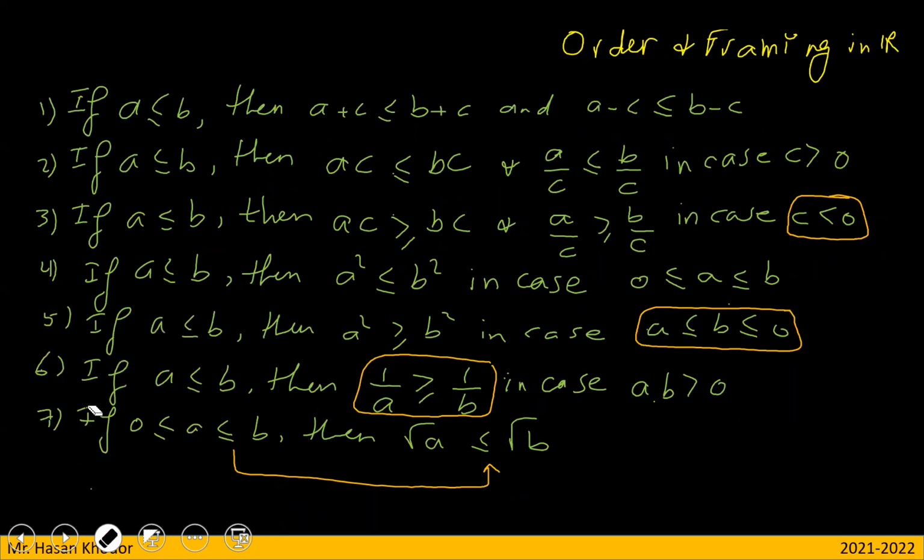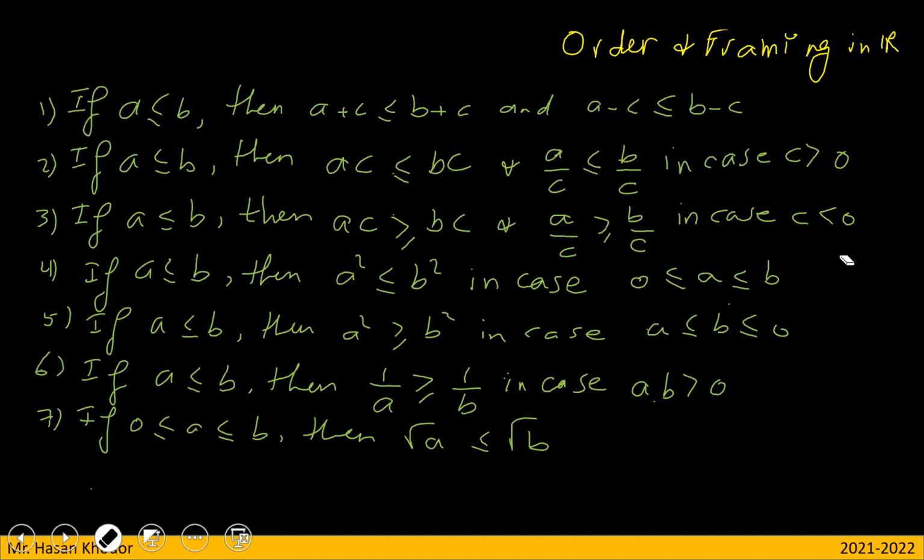Number 4. Exactly. Number 4 came out for us: A square less than B square, so this means A is less than B. Okay? We don't change the inequality. So this is one of the